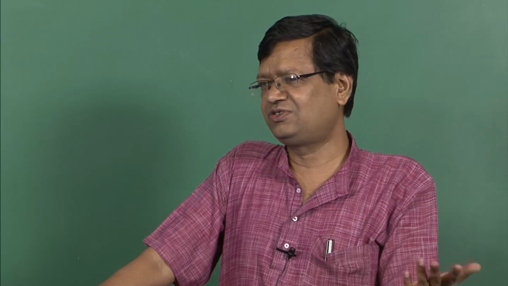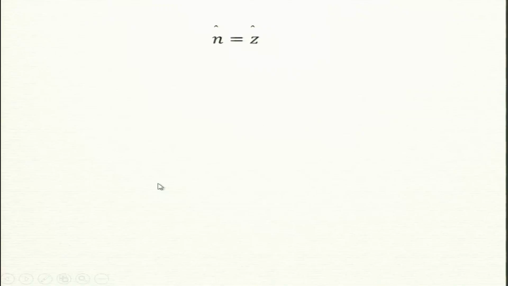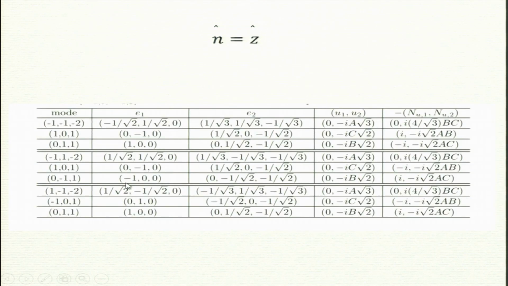Then the idea would be, okay, I still want to apply a similar scheme. So choose one n cap for all of them. The idea which I propose is to choose n cap along the z direction, z cap direction. It still simplifies. It is less work compared to Cartesian geometry. Cray Herring is still useful; if you work it out, you will find that it is easier. So n cap is z cap. Okay. Now this is a table. If you use Maple or SymPy, then you will find that this is what we get.